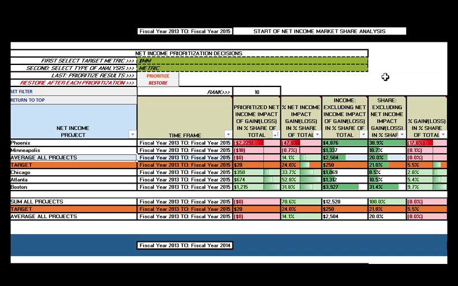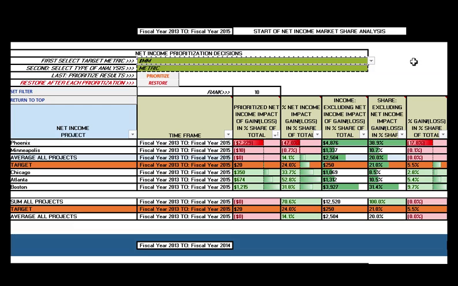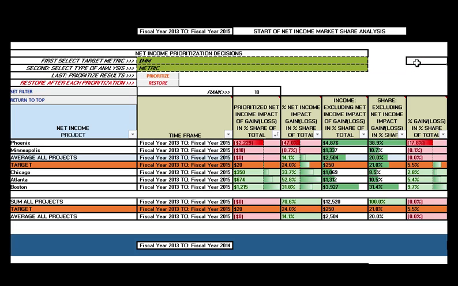In this example, we'll choose through these pull-down menus, highlighted in green, to do the following optimization. For the target metric, we're going to select millions of dollars to focus on the projected value of the net income after tax. And for the type of analysis, we're going to choose metric, again so that we can focus the optimization on the net income after tax. Now simply clicking on the Prioritize navigation button